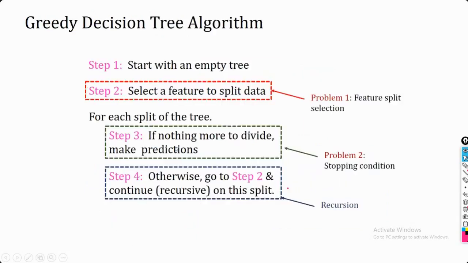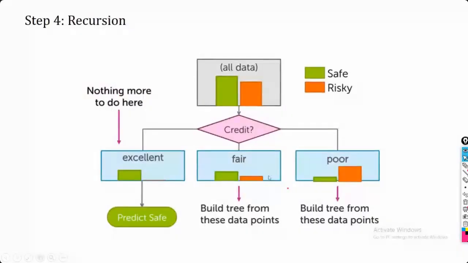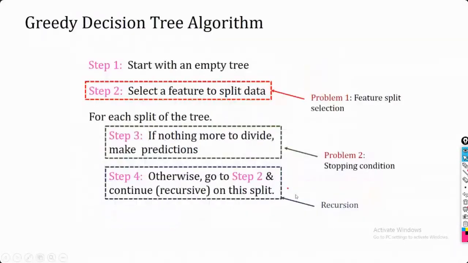This is one of the cases. And if we are not able to decide, I'm going to perform the recursion. So if I'm not able to decide, again I'm going to select the attribute and perform the division. Based upon that division, I'm going to see whether it's totally going to be one class or totally going to be the other class. So based upon that, we are going to iterate in these phases.